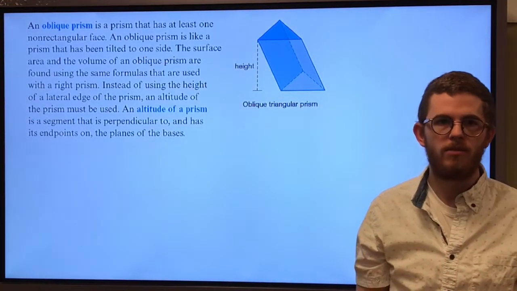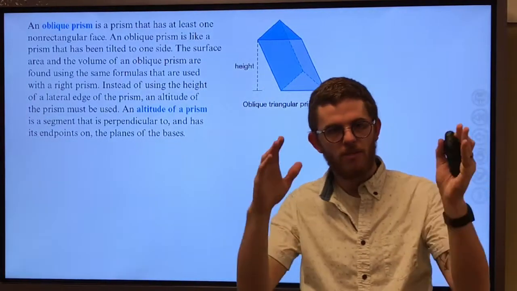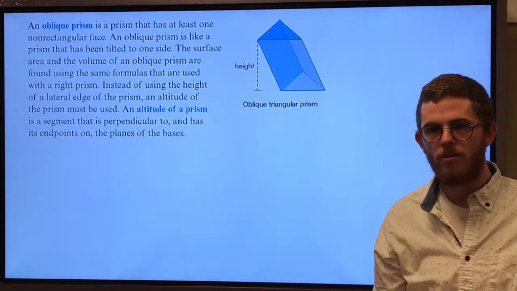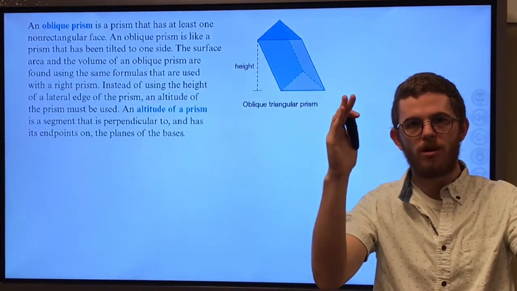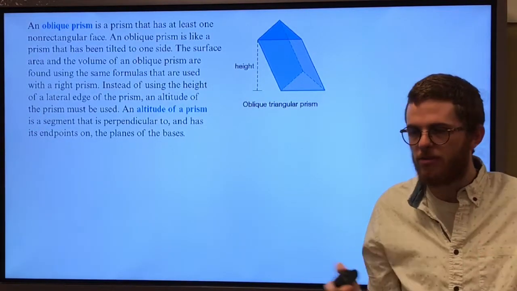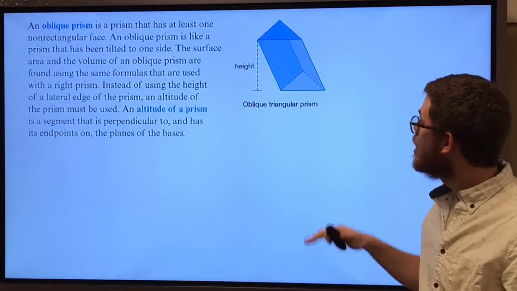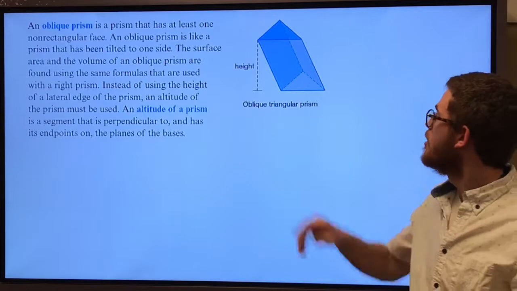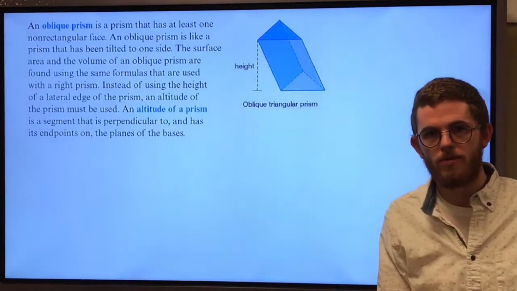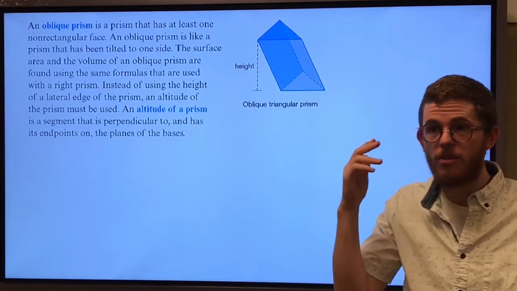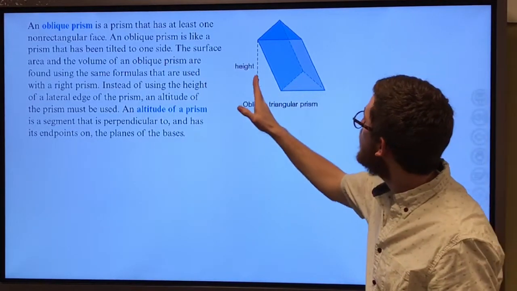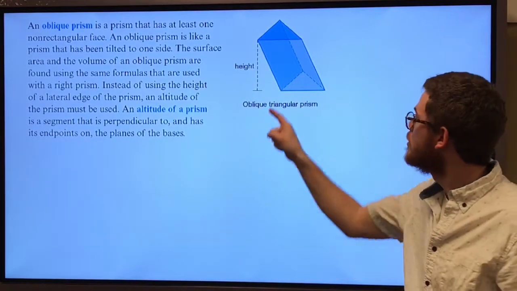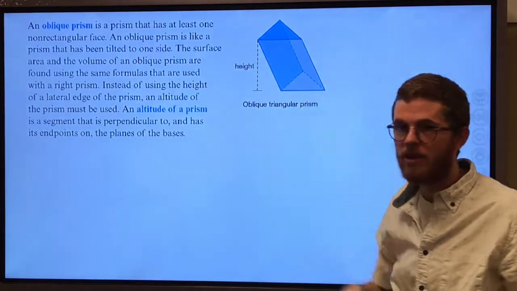Now, think about the Leaning Tower of Pisa or whatever. It's kind of the same idea, right? It has the same volume as if it was standing up exactly straight. It still takes up the same amount of space. We still need to do the area of the base times the height. That is important. It's still the same formula, the area of the base times the height, but not the slanted height. That would be different. We want to still find the height from one base to the next,